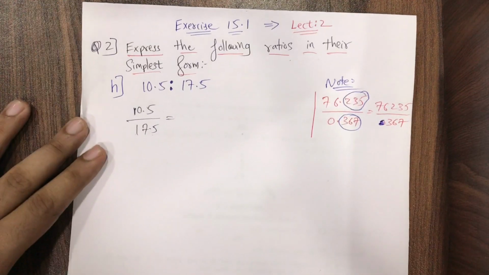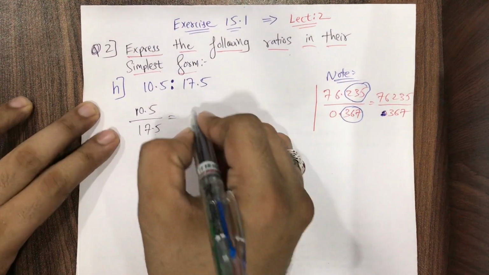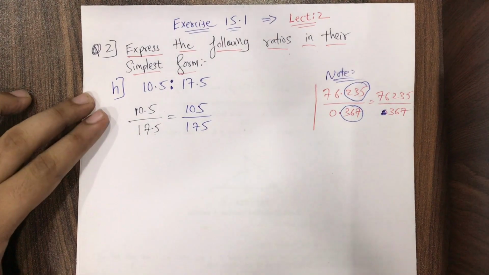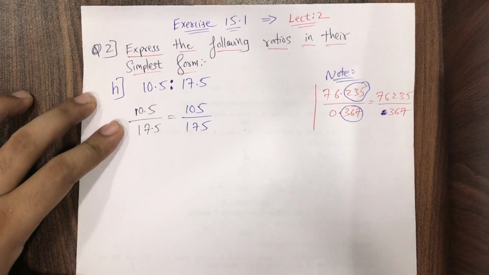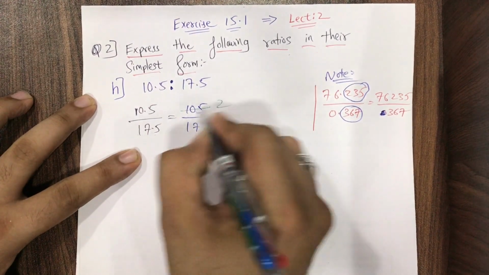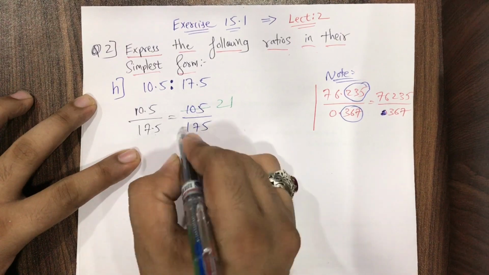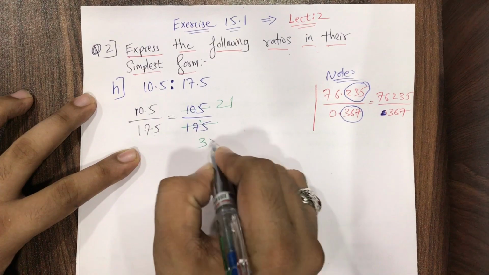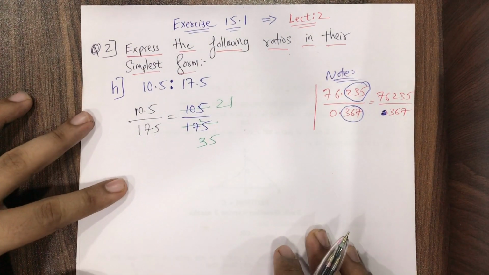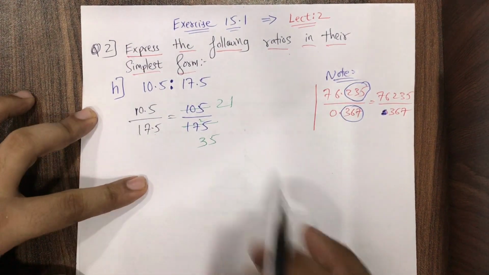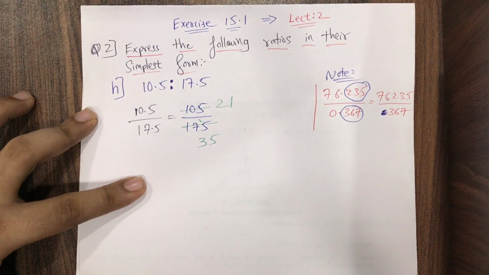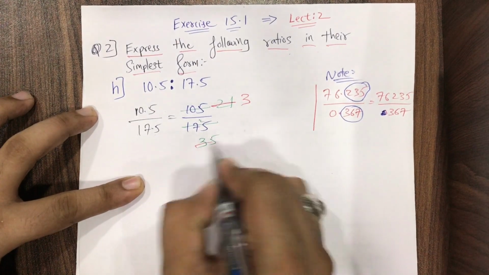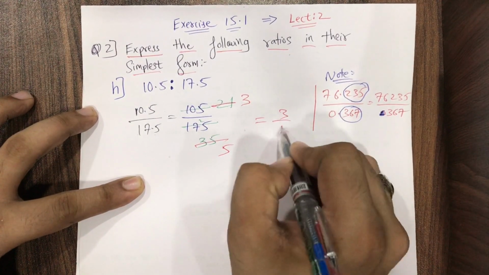Okay, now pay attention over here, students. So I can write it like 105 upon 175. Understanding? Now I can do the cancellation, students. Let's do the cancellation with 5. 5 2s are 10, 5 1s are 5. 5 3s are 15, carry 2 becomes 25. 5 5s are 25. Okay, now it's 21 upon 35. Can I say, students, it goes in 7 times table? Yes, it goes in 7 times table. 7 3s are 21, 7 5s are 35. So answer is 3 upon 5.